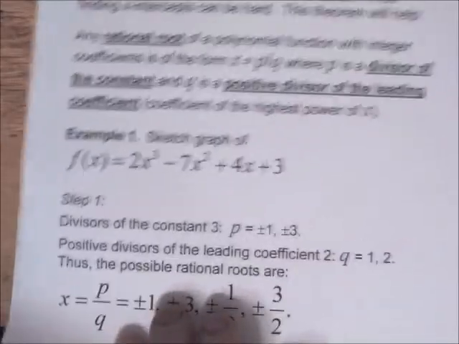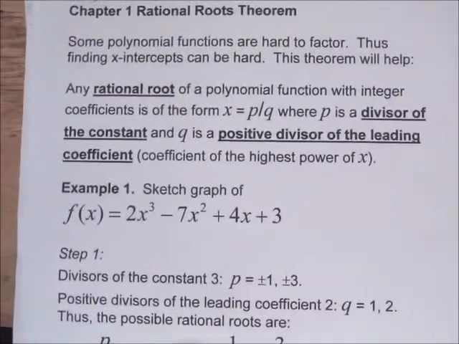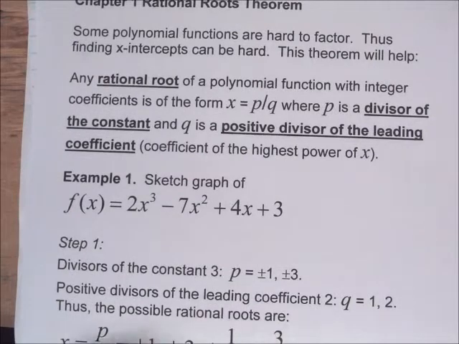I'm going to go over the rational roots theorem, something that you've probably seen in pre-calculus. The rational roots theorem helps us to find zeros of polynomials, which can be very difficult to find. So if we have a function f of x equals 2x cubed minus 7x squared plus 4x plus 3,